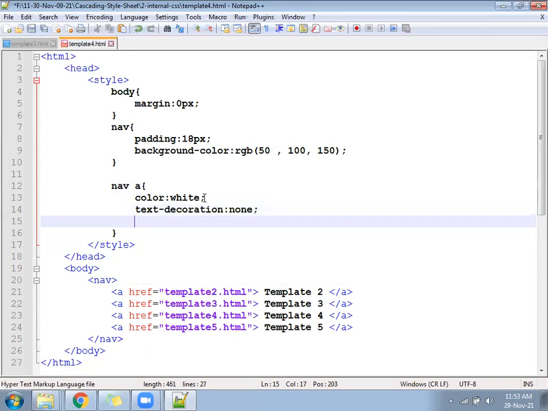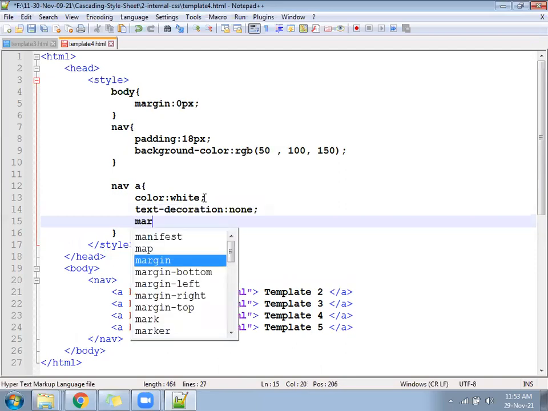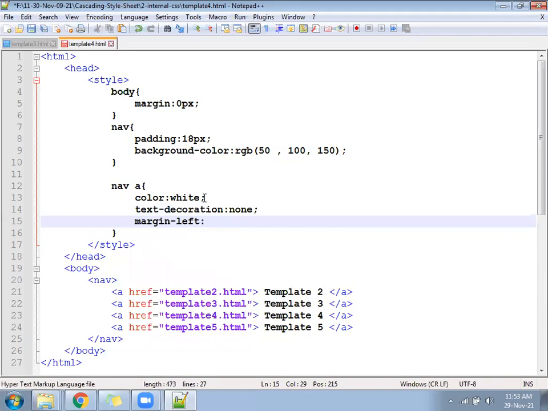Next, after that, you can write margin-left side. So the navigation in the left side should leave somewhere 30 px.